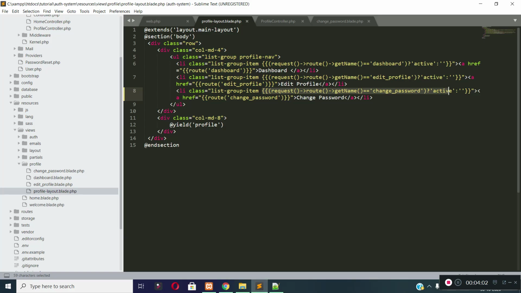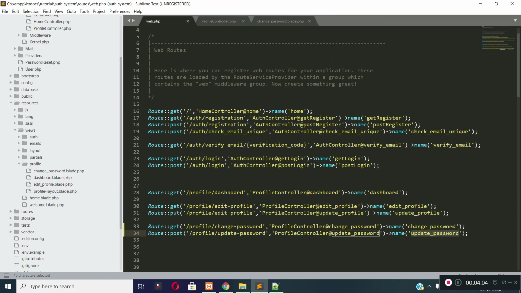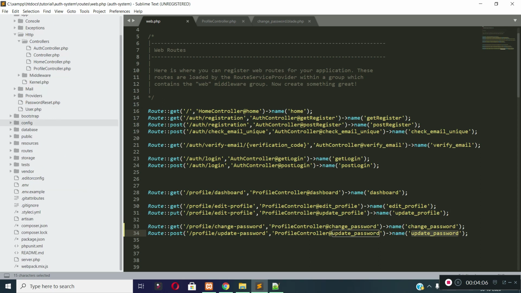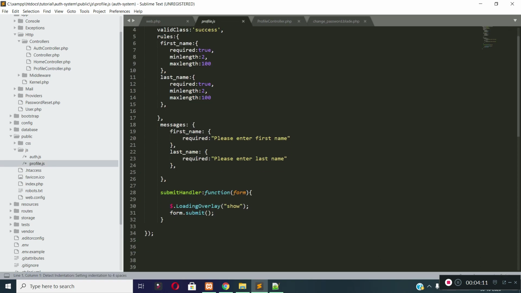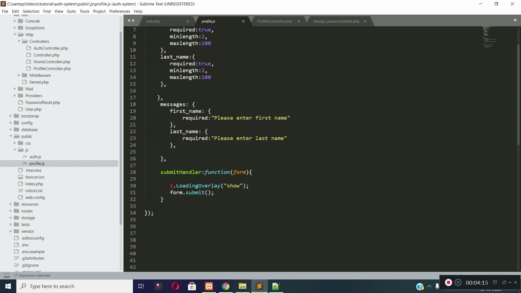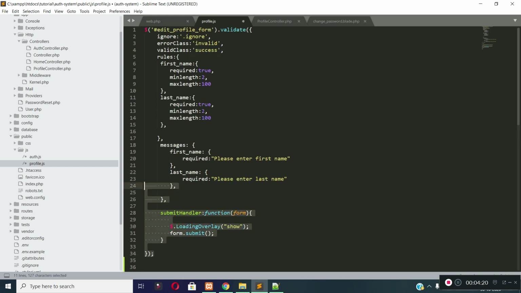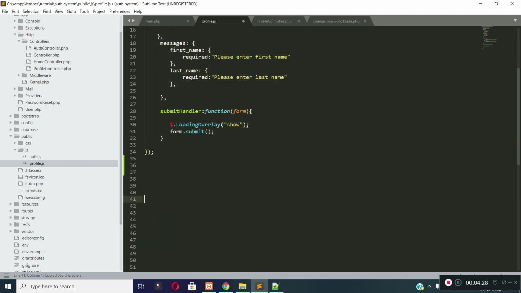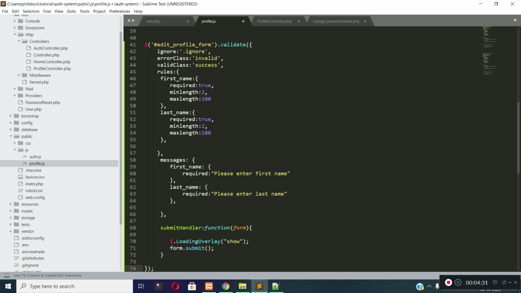Now let's add jQuery client side validations for our change password form. So let's open our profile.js file, which is inside public js folder. I already created this file for edit profile functionality. You can see there is jQuery validations for our edit profile form, which I added in the last video during edit profile functionality. Let's copy this code and paste it here, and let's provide the ID of our change password form.